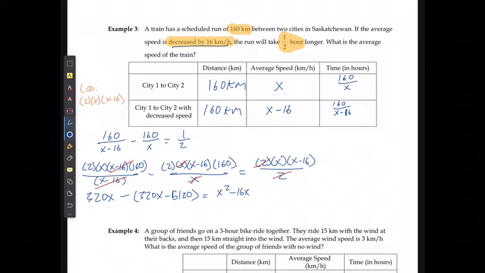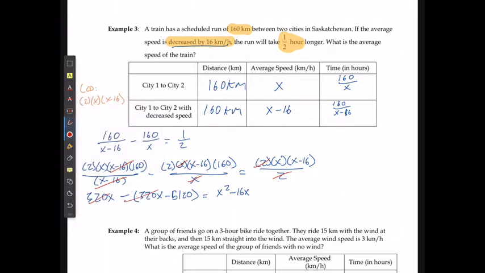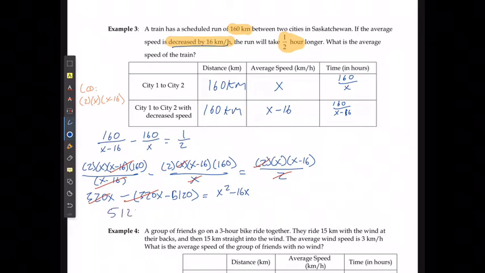The positive 320 and negative 320x are going to cancel each other out, and the negative times negative 5120 is just going to give me positive 5120 is equal to x squared minus 16x,